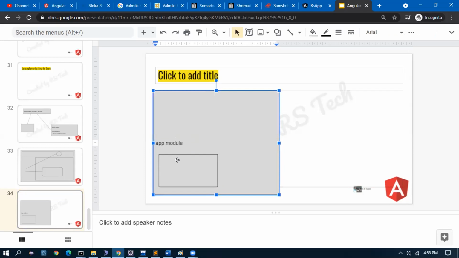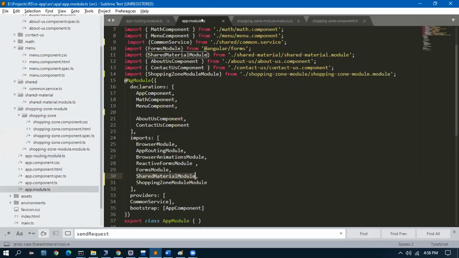In the declaration section, under the square bracket, whatever component we create is registered. Here, the about us component and contact us component are given in the declaration.